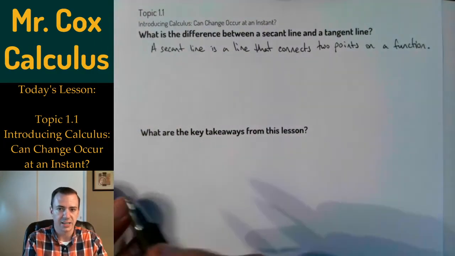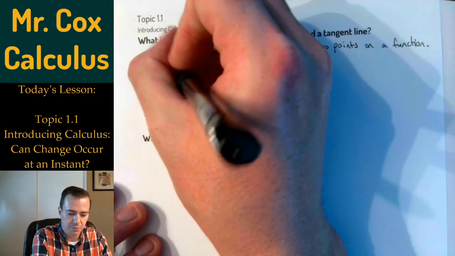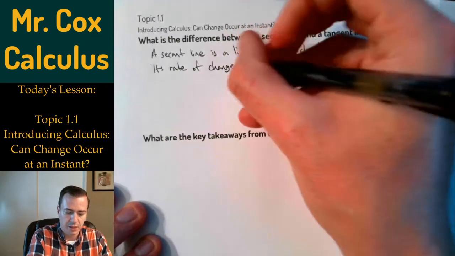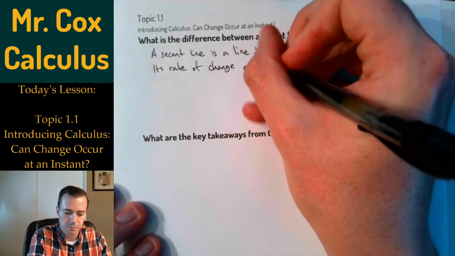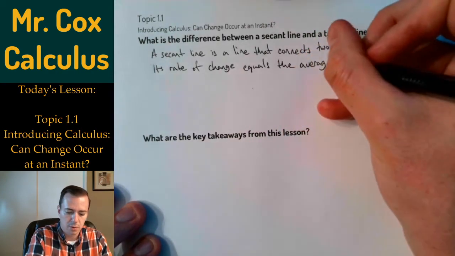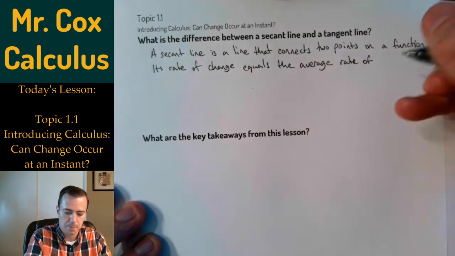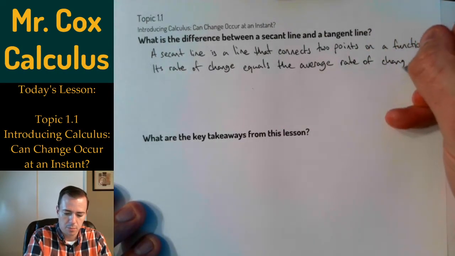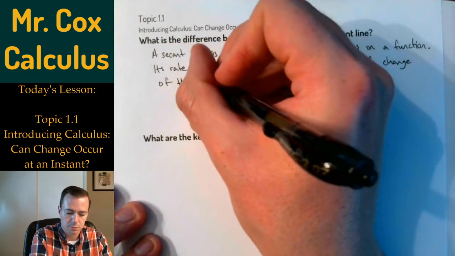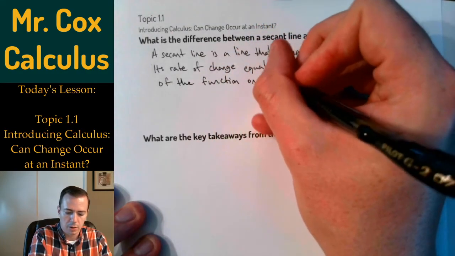A secant line connects 2 points of a function, and its rate of change equals the average rate of change of the function on that